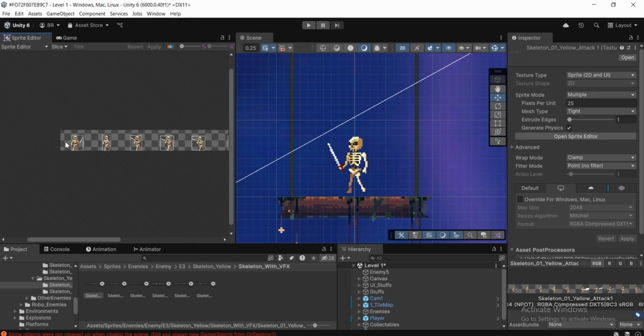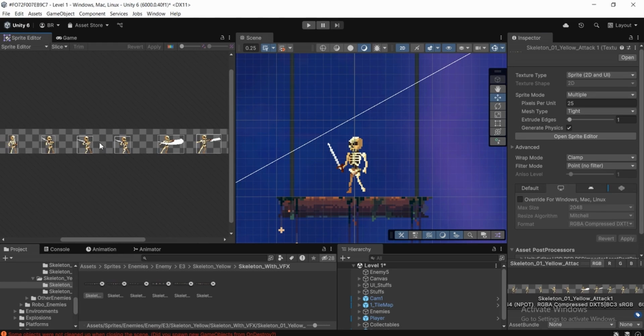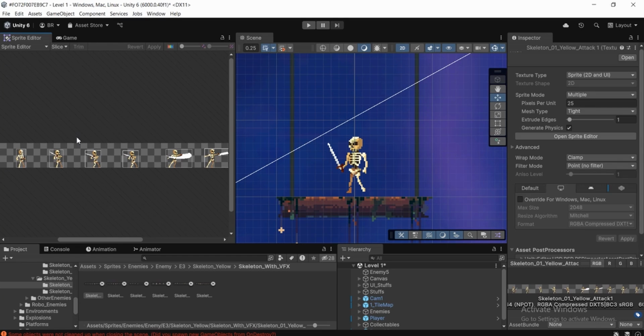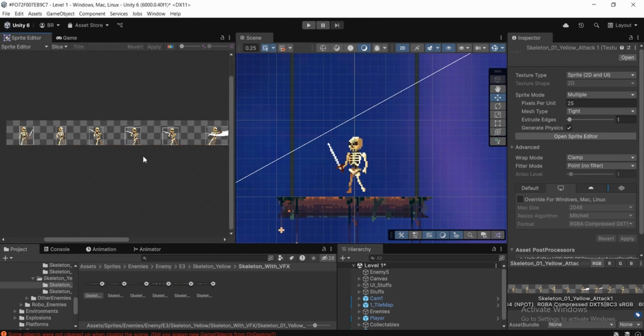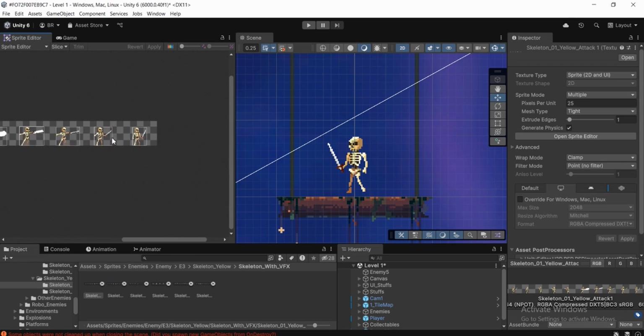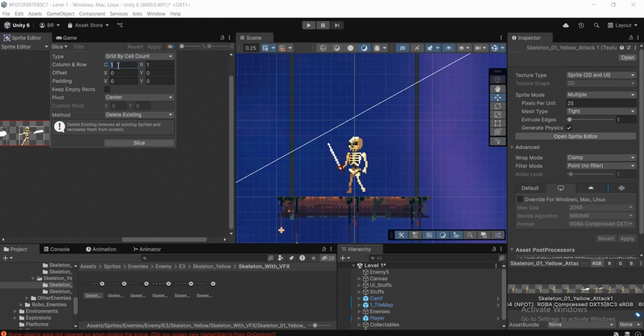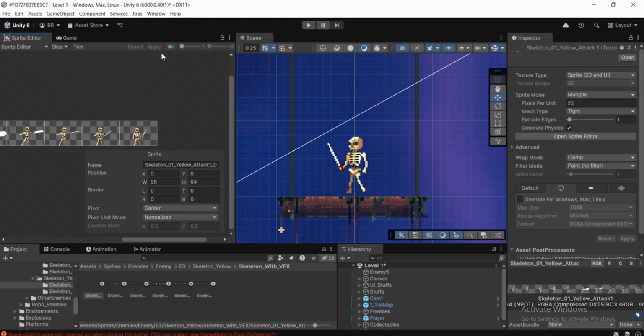So as you can see, it slices individually but automatic. So instead of doing automatic, we're gonna do grid by cell count as we have done with the walk one. So let's click on the slice button in the top left side in our sprite editor tab, and we're gonna select automatic to grid by cell count, and let's count how many columns and rows we have. So 3, 6, 9, 10. So we have 10 columns, so we're gonna put 10 columns and one row. And after doing that, let's click on this slice and let's click on this apply button in the top right,